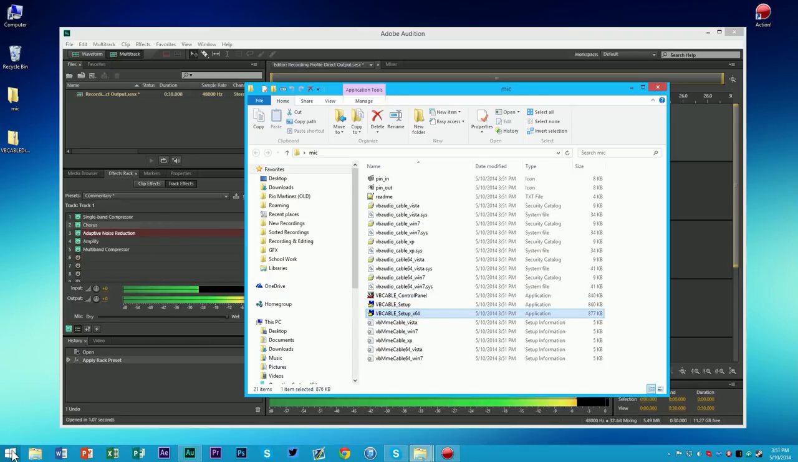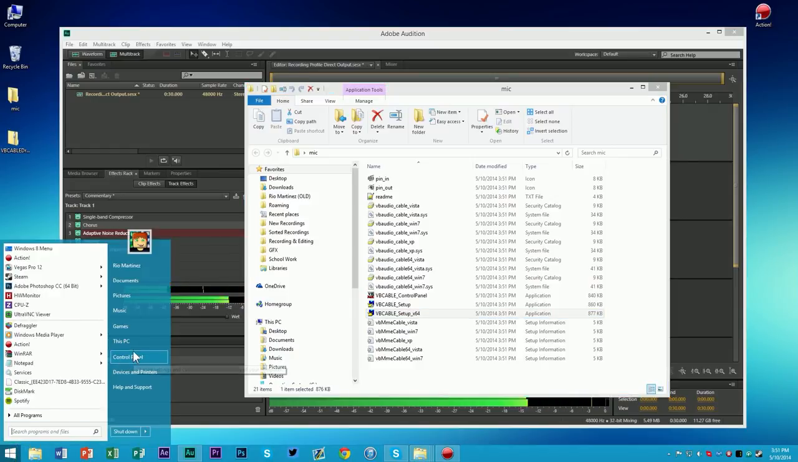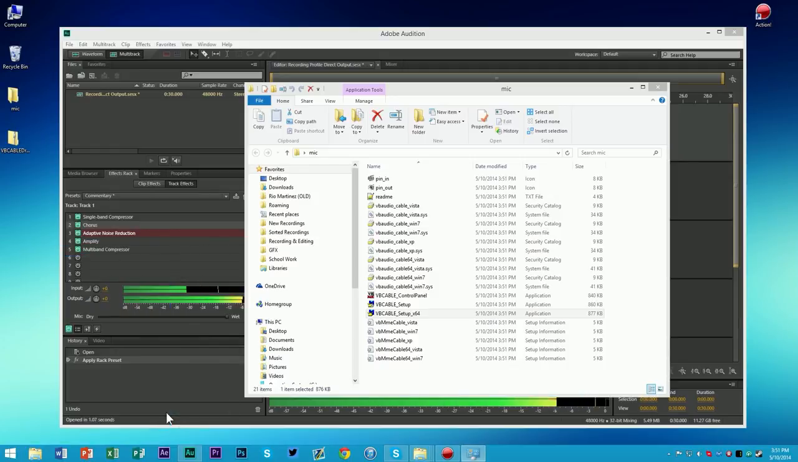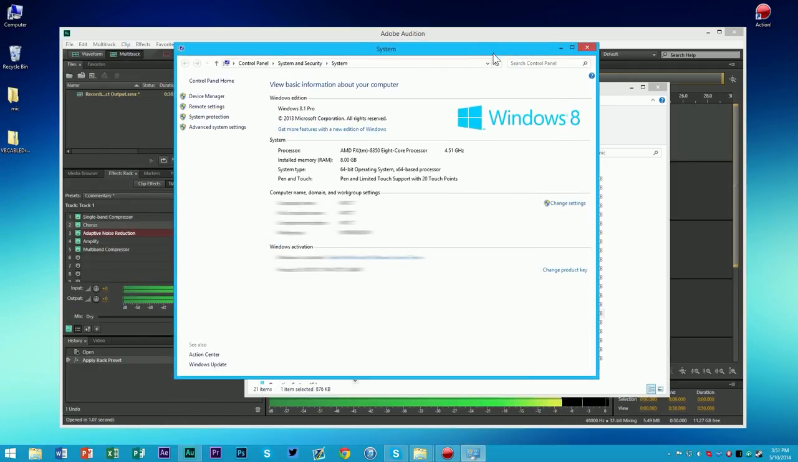If you want to find out what the specs of your computer are, click here, go to This PC or Computer depending on what version of Windows you're on, hit Properties, and then it should come up. We're going to go to